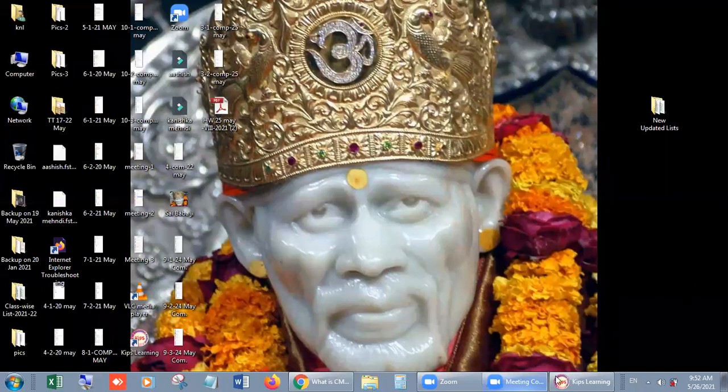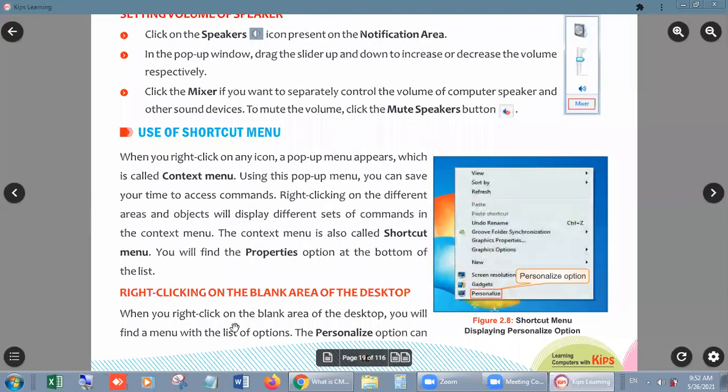Okay beta, then come back to the lesson again. Right click in blank area and go on the personalize option. Let's move further.